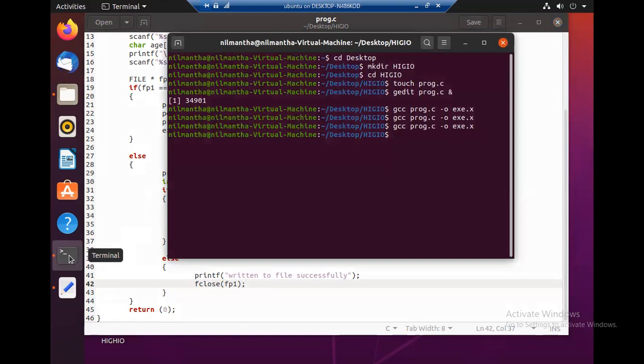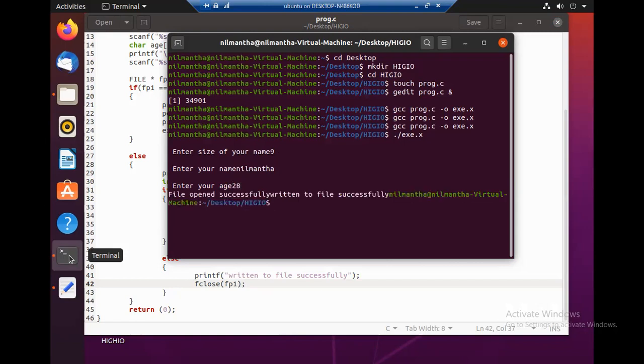So it compiles successfully. We'll run this. Okay, we get the success message: file opened successfully and written to file successfully.